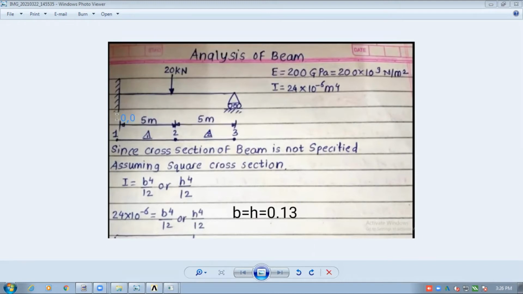Now, if this is 0, 0, can you tell me what is the location of node 2? It's 5, 0, right? Yes or no?